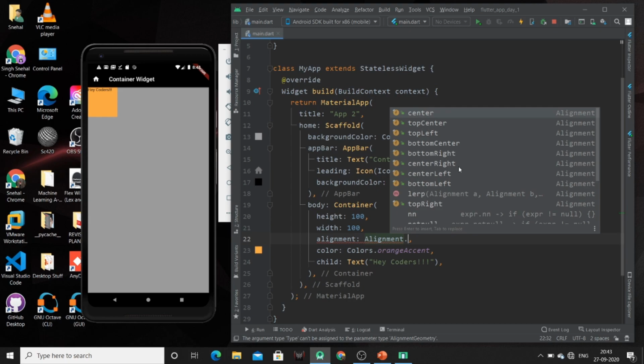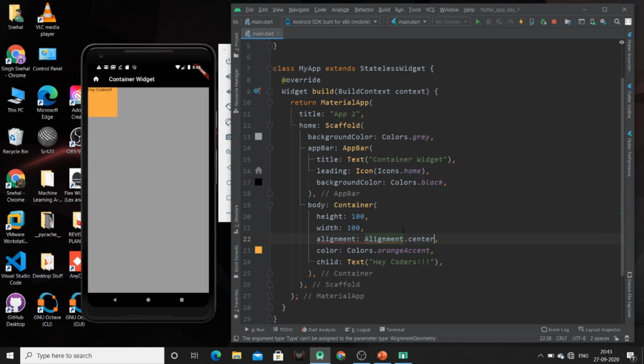So this is the position for our child widget, not the container widget. If I use center alignment, then my text will be at the center. So just hit Control S. Now you can see that our text widget is aligned to the center of our container.